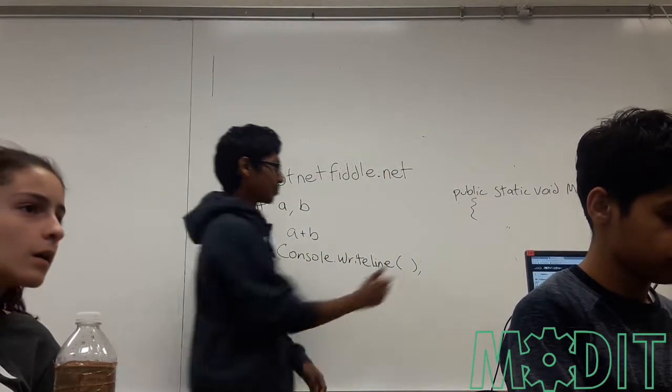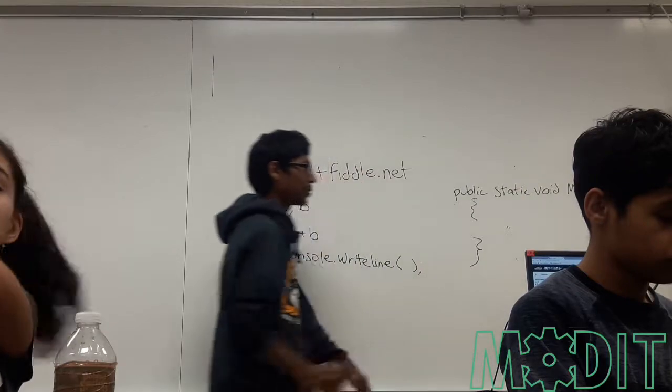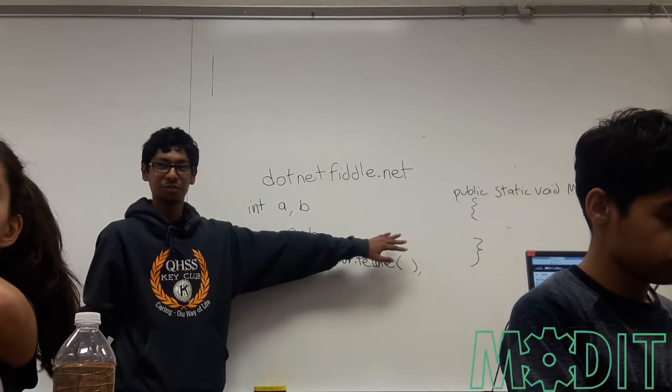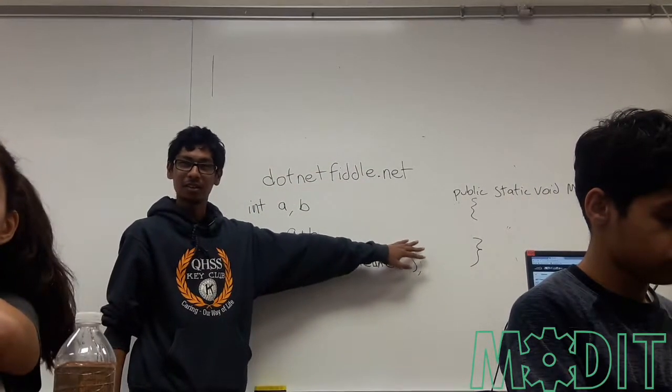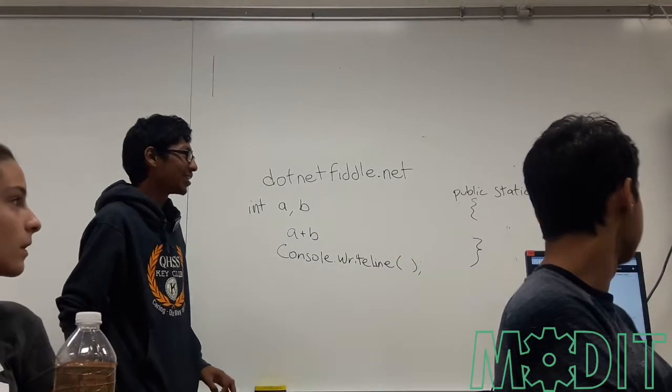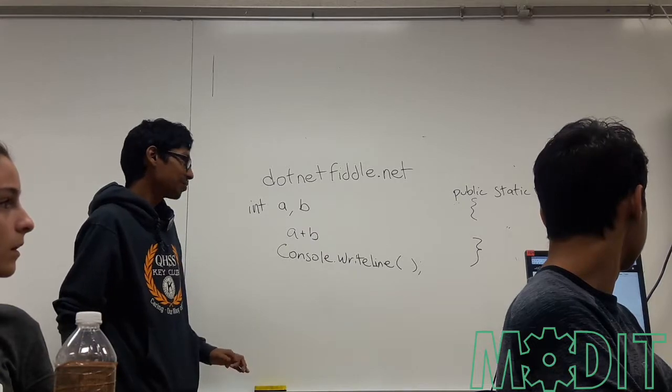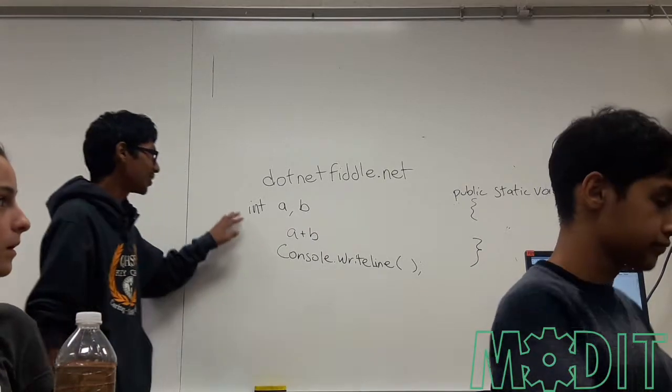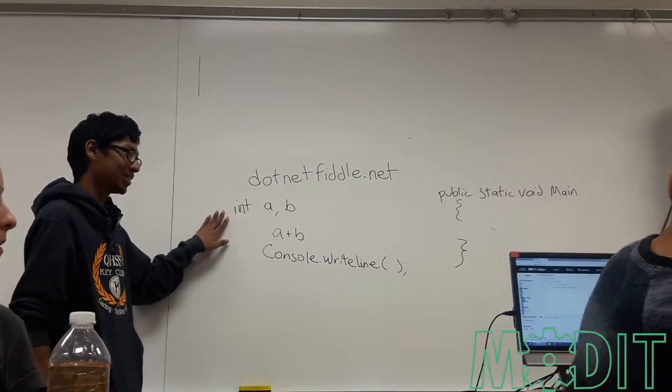So between the two curly brackets for the main function, this is where we're going to be running our code. So we're going to create two integers, A and B,